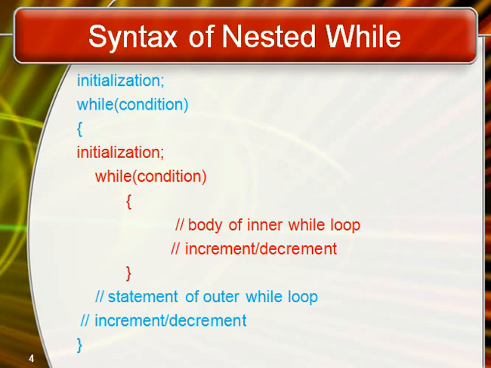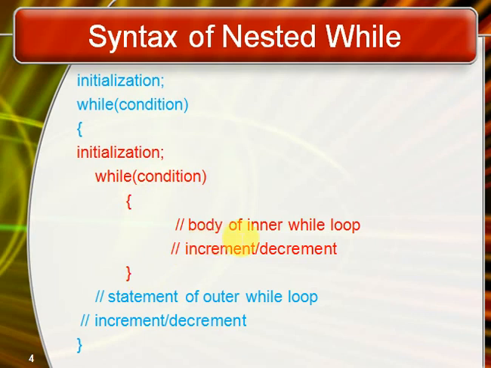Now discuss the syntax of nested while loop. Start with initialization, that is initialization of the loop control variable. Then the keyword while followed by a condition. It's the starting of the body of the while loop. It's the initialization of the loop control variable for the inner while loop. Then it's the inner loop, followed by a while condition and the body of the inner while loop,